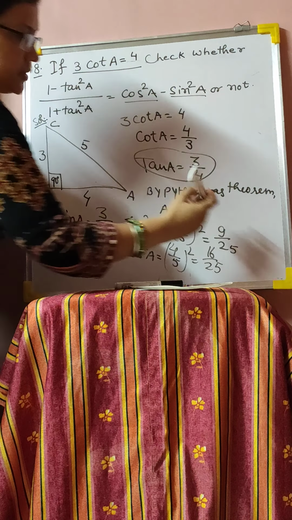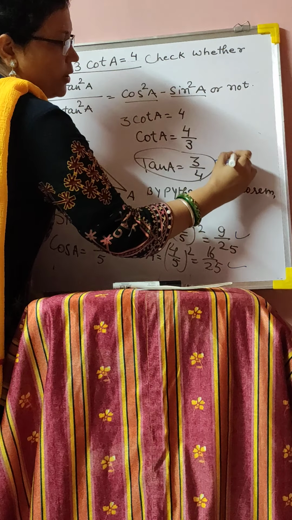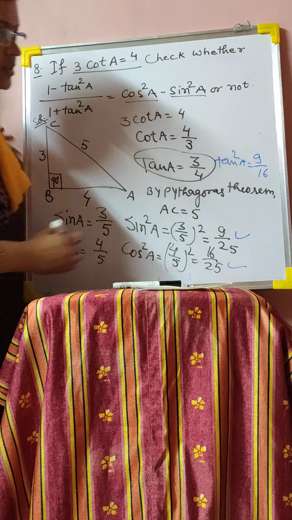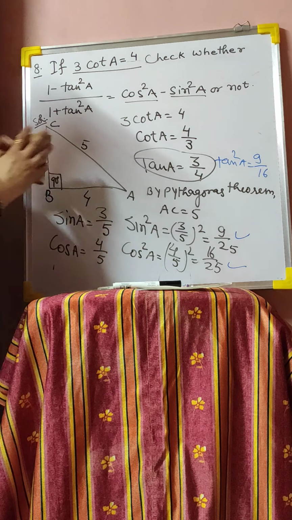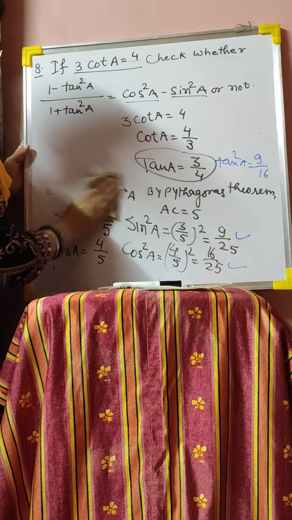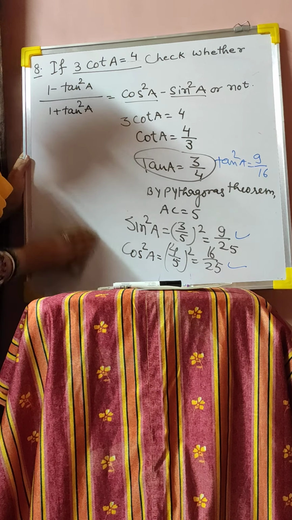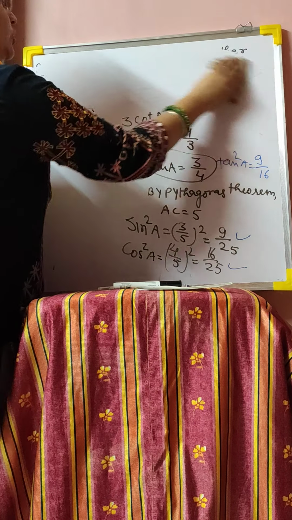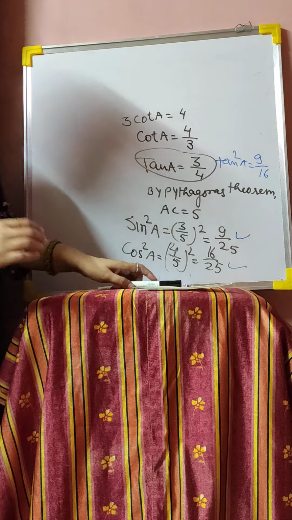As we know the equations, we have sin square, cos square, and also tan. So tan square A is equal to 3 threes are 9, 4 fours are 16, so 9 by 16. We have all three values. Sorry, my board is not so large, so we will keep these values and erase this question. If the question is NCERT question number 8, you can keep the book with you.